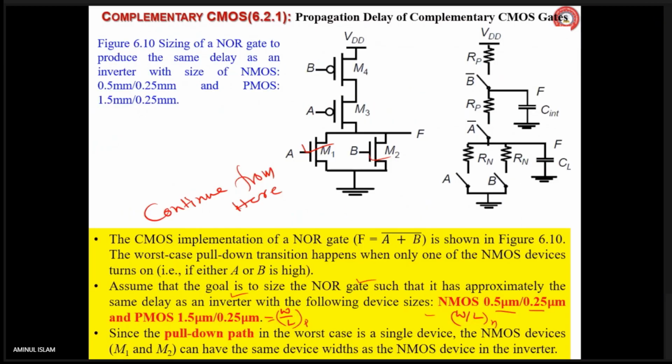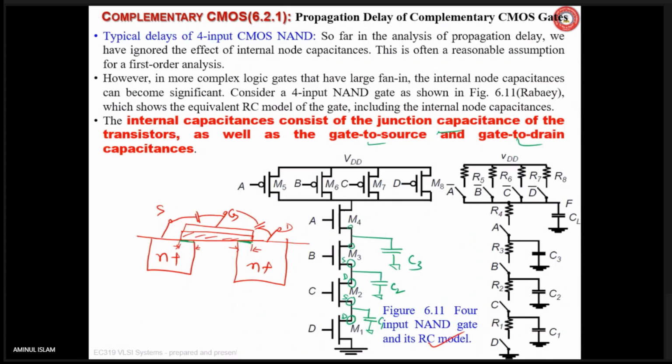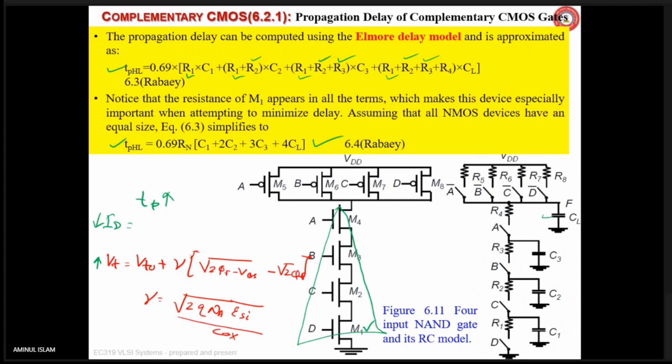I am going fast. This all understood? Allow me to go ahead because we have to quickly cover up. Somebody stop me. Otherwise, I am going ahead fast. Calculation of the 4 input NAND and its calculation of TP, HL, etc. HL is critical, so HL has been taken into consideration here, not the other one. See, in case of NAND gate, TP, HL will be critical. That's why it has been taken.